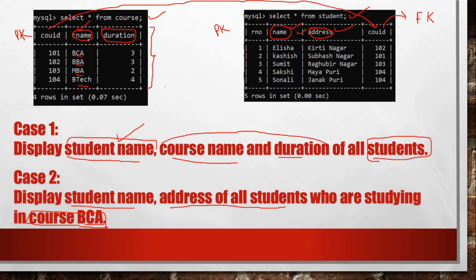So in this case, we have to display the data only from a particular table. But the field which is used in the condition belongs to the other table. Okay, so the second case is that we have to display the fields of one table, but the fields which are used in the condition belong to the other table. So in this situation also we are going to use the concept of join.